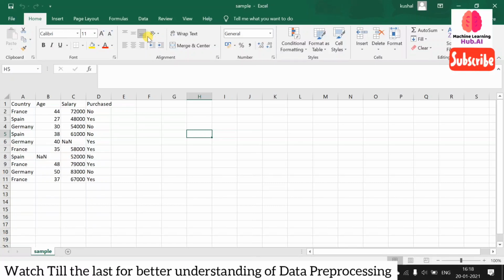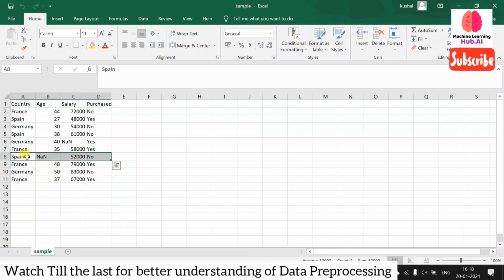Most frequent means the most frequent of the values, the yes. So we can directly fill in the yes because we don't have any other option. Now another option is to remove this row. Like if these are missing values, I will just select them and delete. Yes, my problem is solved.